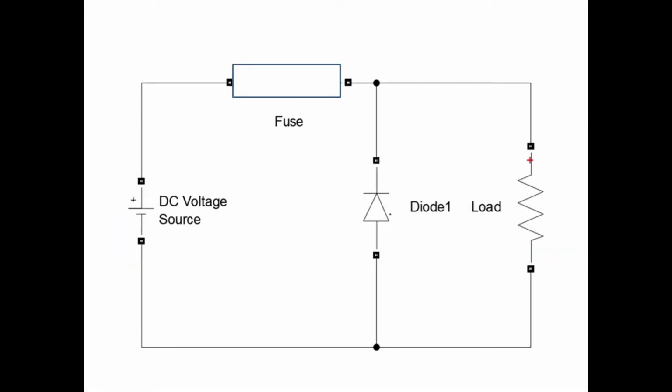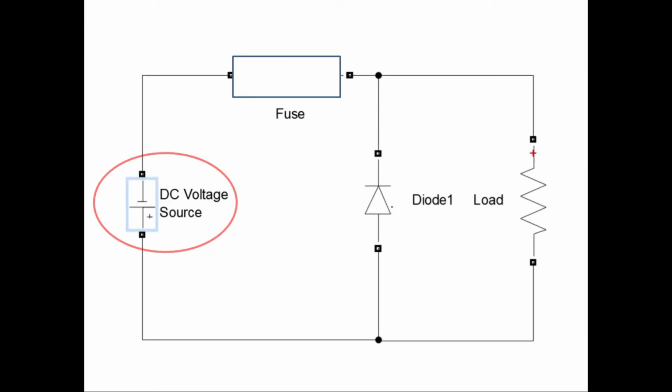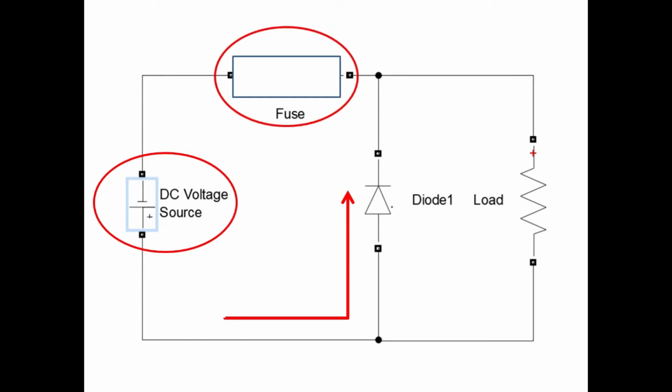One more application of PN junction diode can be reverse polarity protection. Let us consider this circuit which is powered by a DC voltage source. Let us say due to human error someone connects the DC voltage source with opposite polarities. In this case, the protecting diode will start to conduct and will offer a very low impedance path, such that very high current will be drawn from the DC voltage source and the fuse connected in between will blow up and the main circuit will get protected.